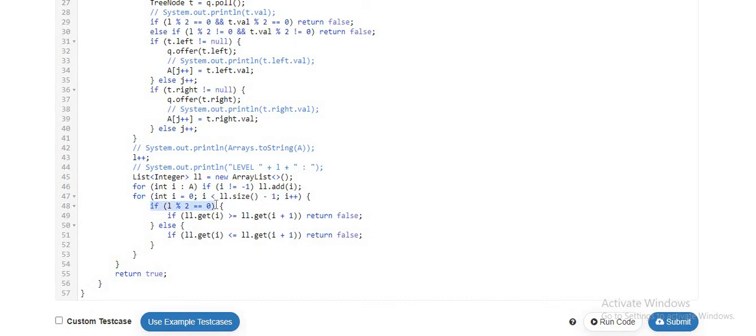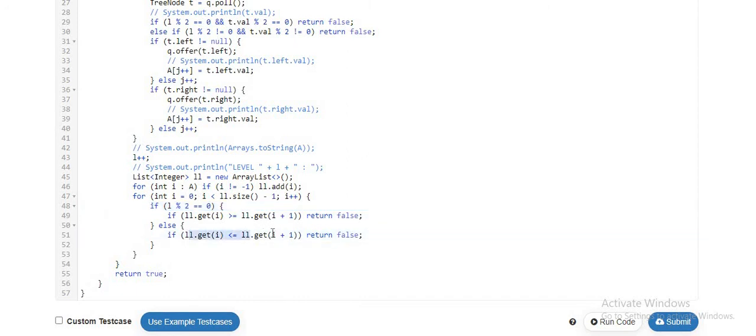If the level is even, okay, then I should have the elements in an increasing order. But if I come across an element where the initial element is greater than the next element, then I will return false. If it is not the case, my level is odd, then it should have the elements in a descending order.